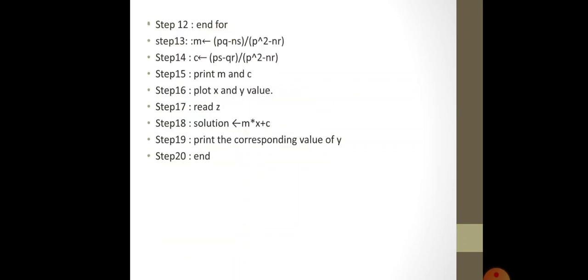Then end the for, and m equal to, that is slope m equal to pq minus ns divided by p square minus nr, and the y intercept c equal to ps minus qr divided by p square minus nr. And after that, print the slope and the y intercept and plot the xy values, and we have to find the force required to pull the